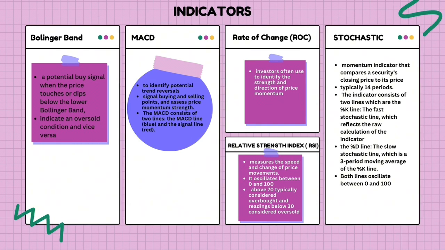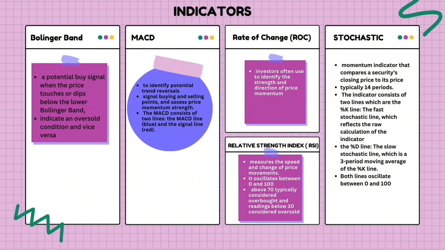As per the Bollinger Band's indicator, a potential buy signal could be identified when the price touches or dips below the lower Bollinger Band. So now let's look at the second indicator, which is the Moving Average Convergence Divergence. Investors commonly use MACD in technical analysis to identify potential trend reversals, signal buying and selling points, and assess price momentum strength. The MACD consists of 2 lines, which are the MACD line, which is in blue color, and also